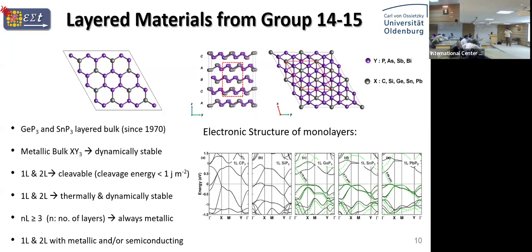Because the density functional theory is actually seen with the underestimation of the band gap. So this approximation helps you to achieve the band gap that your material has in the real scale. So now we have seen a class of material that is metallic in several layers, but turns into semiconductor when we thin them down to 1 or 2 layers.